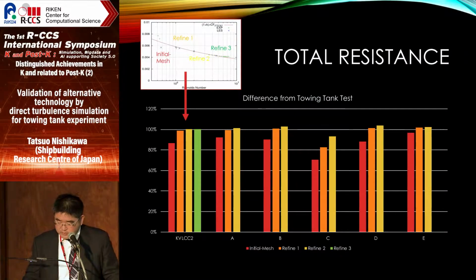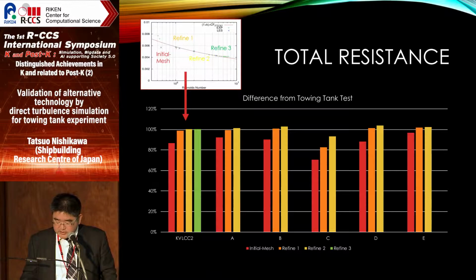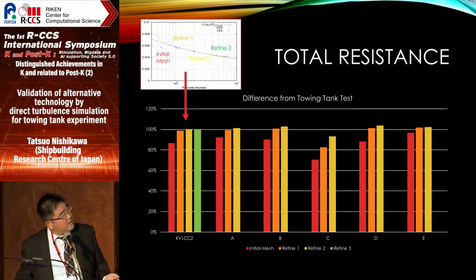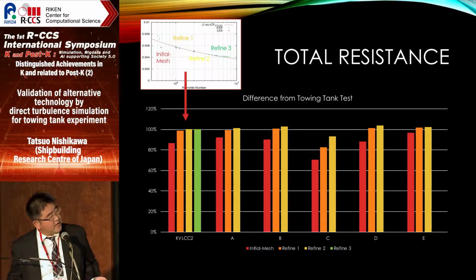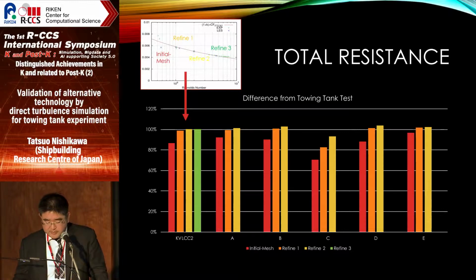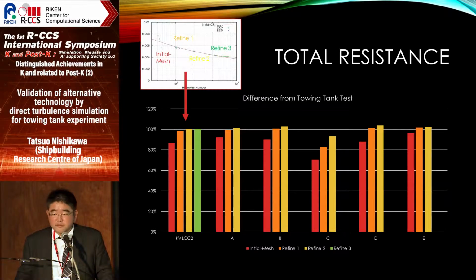And this figure shows the difference between simulation and the towing tank test. For KVLCC2, this figure was already shown before, and these bars are calculated from it, the difference between the red line and the blue marks. The other results, A, B, C, D, and E, show the same trends as KVLCC2, which means the initial mesh, the red bar, underestimates the experiment,